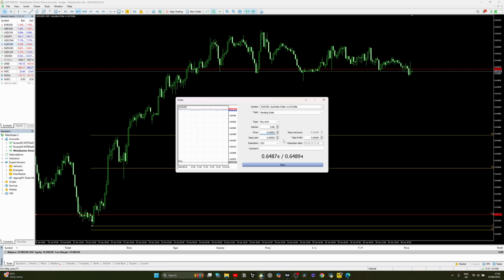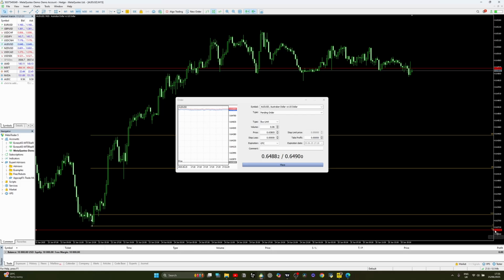0.63805. That is the price we want to get filled. Our stop loss will go down here. So our stop loss will be at 0.63690. That is where we are telling our broker, look, if the price goes beyond this level, we have no